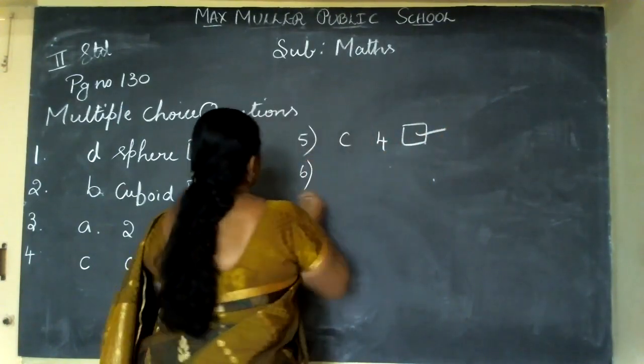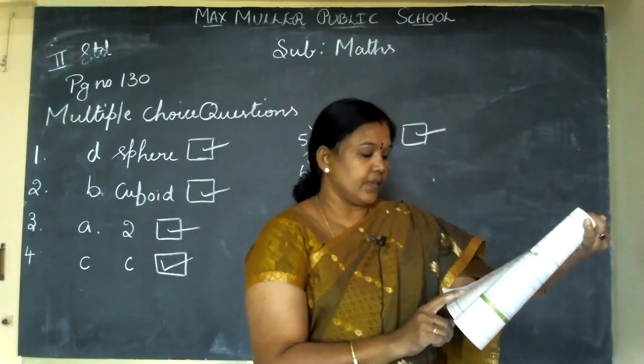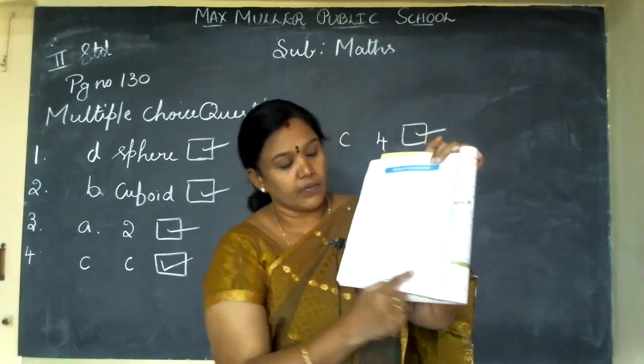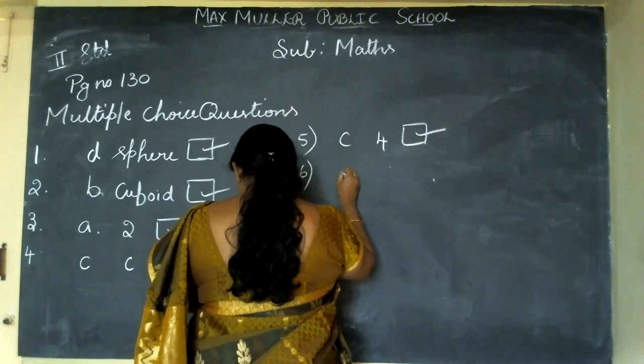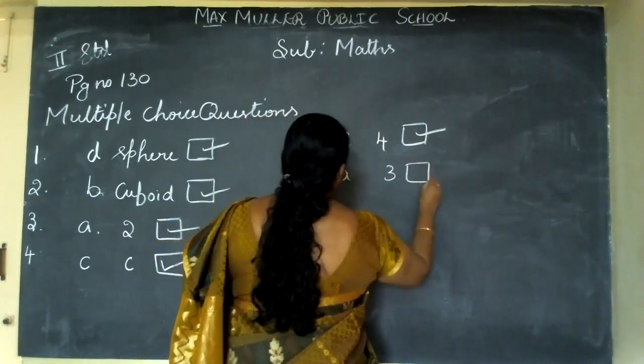Sixth one. How many rectangles are there in the figure given below? See the rectangles. How many rectangles are there? 3. Here 1, 2, 3. A, 3. Now page number